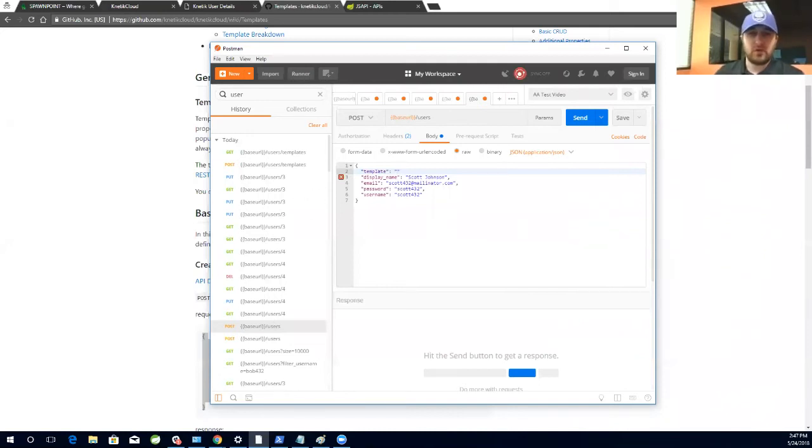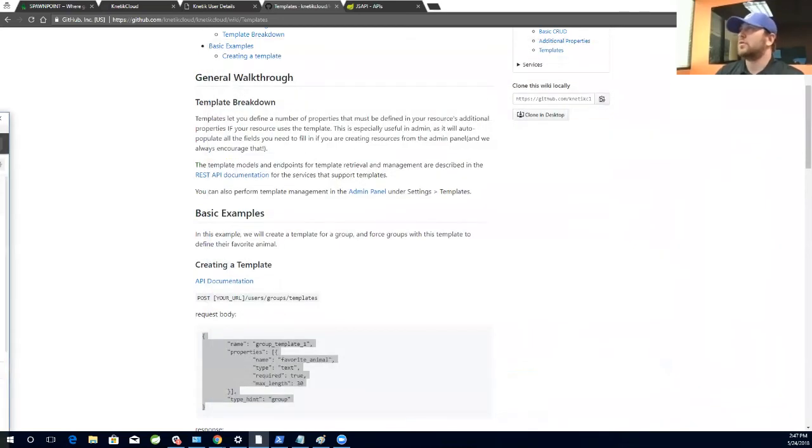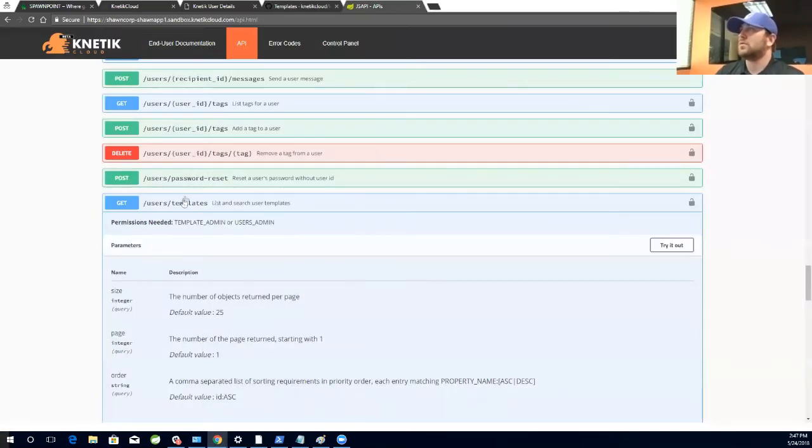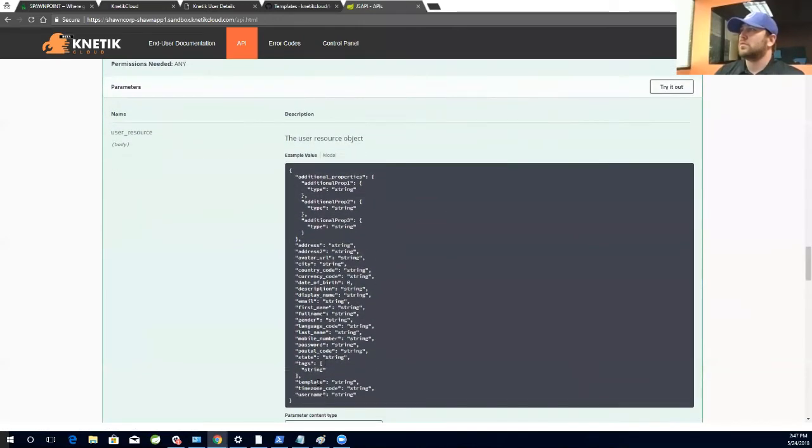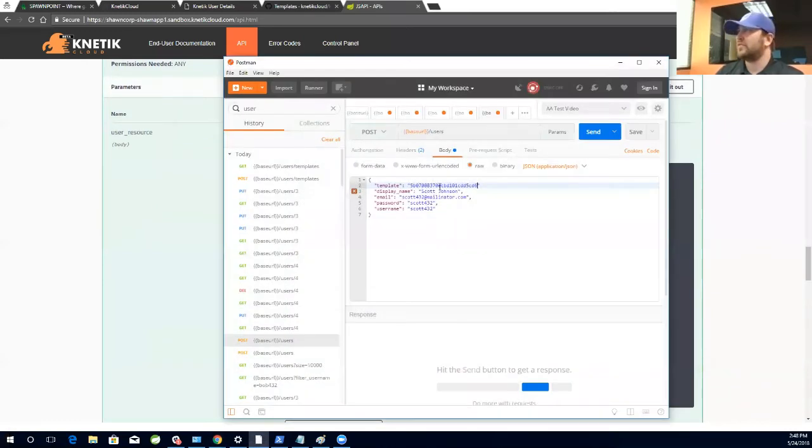And you would say that, and I believe it is called template. So yep, template. And you're going to paste that template ID in there. Okay, so now we are creating